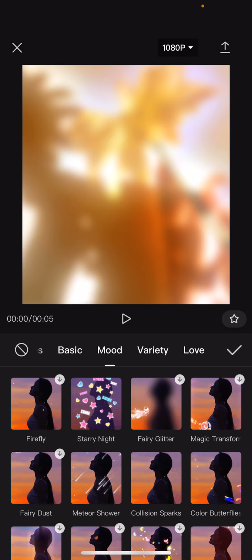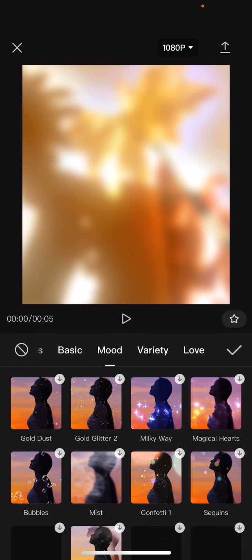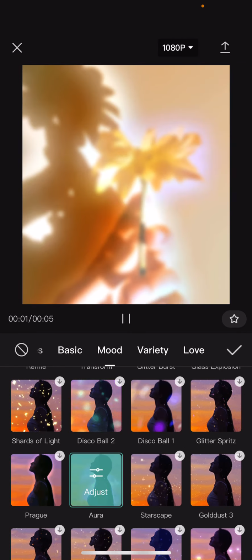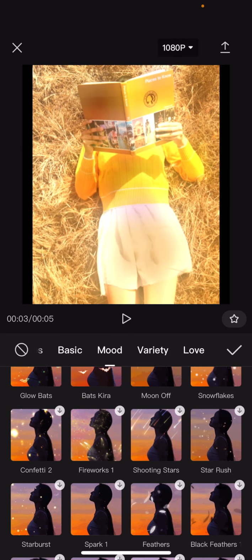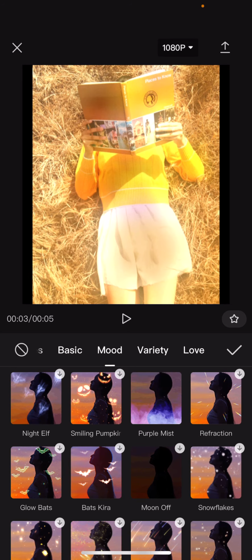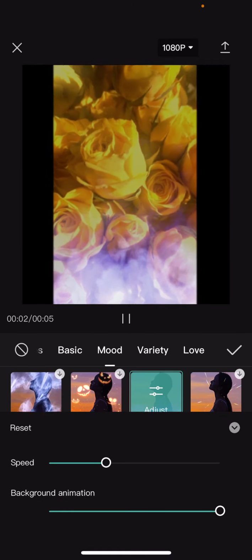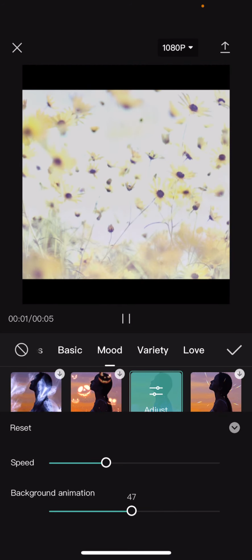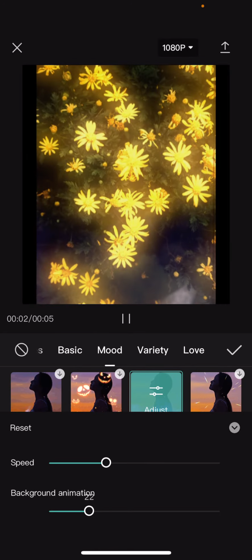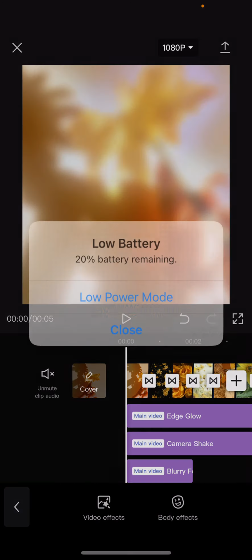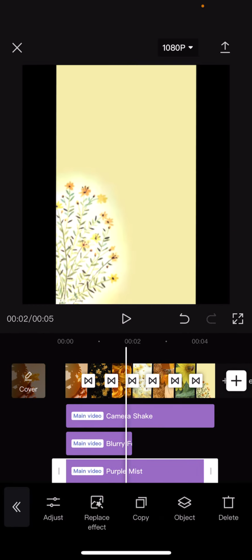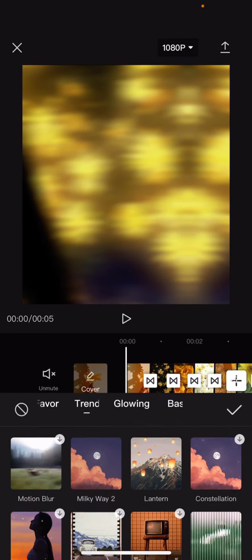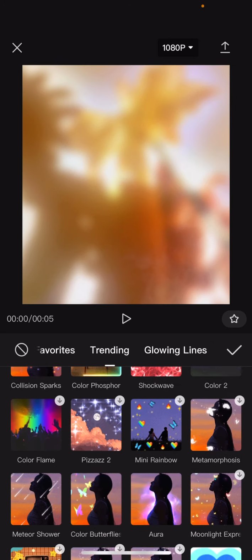Now go on to mood, and if you scroll down, aura sometimes works. It only kind of works on people though. Purple mist. I usually adjust it so you can't see it too much. It looks pretty good. And then if we go back on here,